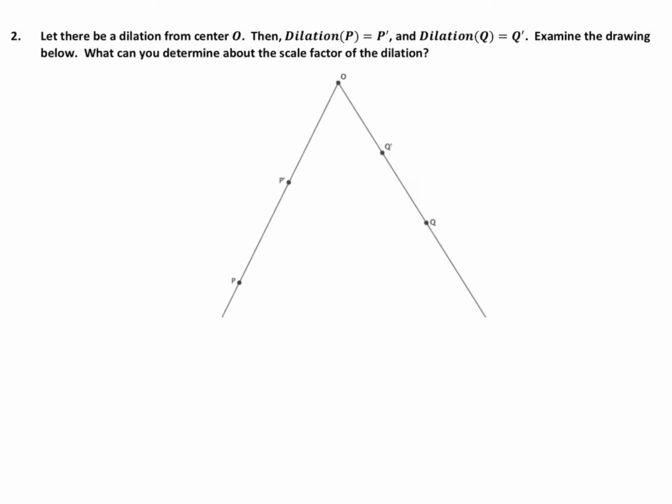Let there be a dilation from center O, the dilation of P is equal to P prime, and the dilation of Q is equal to Q prime. Examine the drawing below. What can you determine about the scale factor of the dilation? So if P is the original, and it gets closer to O for P prime, that means that the scale factor